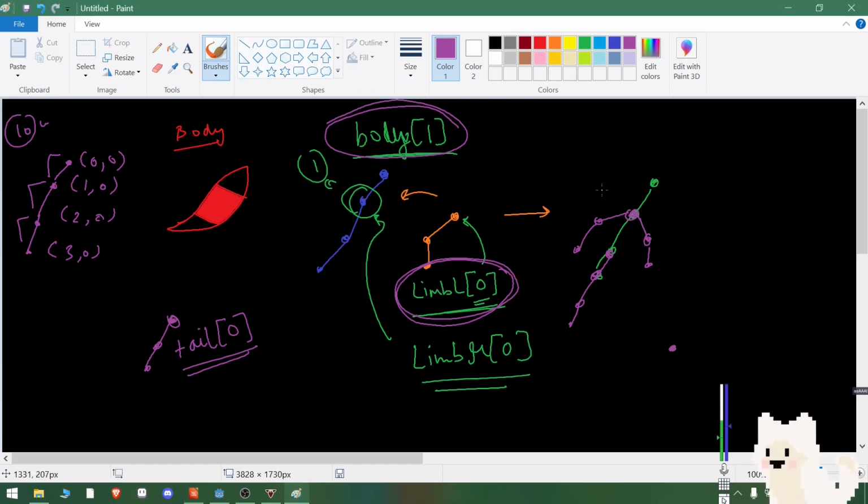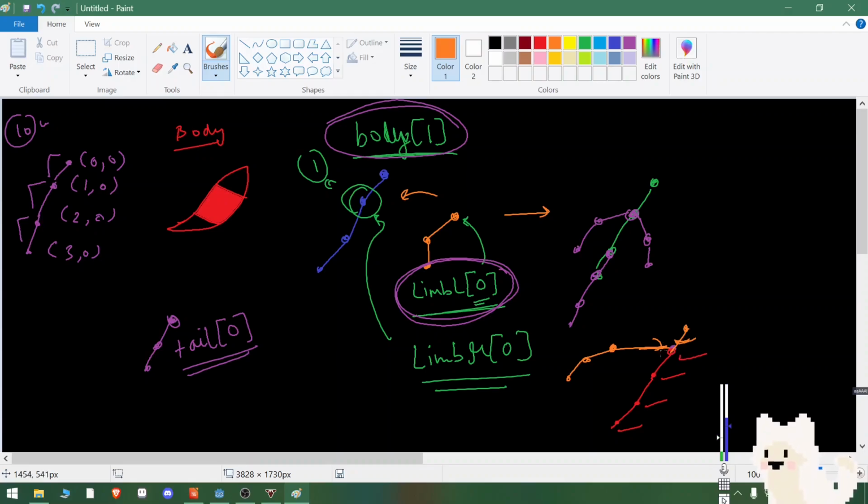So let's say this is the body, and since the body is moving, that means each point is updating its position. So what we need to do is make our limb's anchor point set every time to this position, which is the attached position,